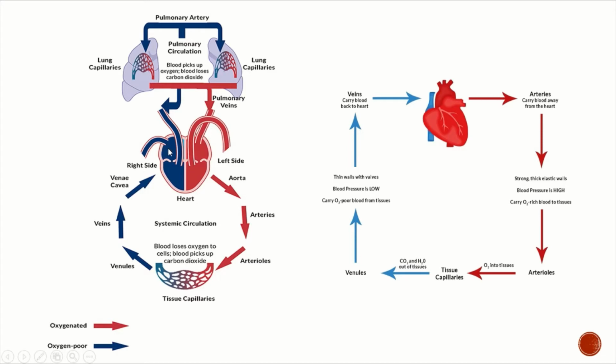We get unoxygenated blood to the right atrium, from the right atrium to the right ventricle, from the right ventricle to the lungs, and through the pulmonary artery. This is the only artery in the body that has unoxygenated blood. Then we get the oxygen, which comes back through the pulmonary vein again. The pulmonary vein is the only vein that has oxygenated blood in it, and we land on the left atrium. From the left atrium, we go through the left ventricle, and from the left ventricle, we go to the rest